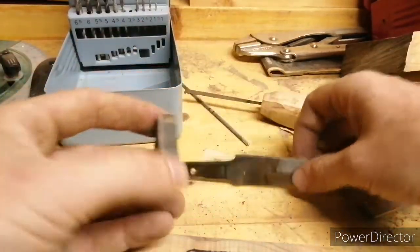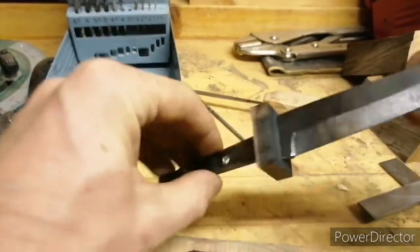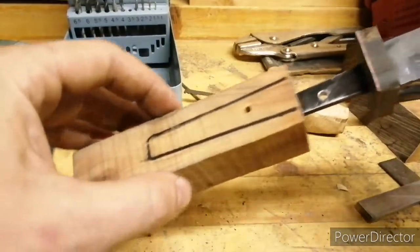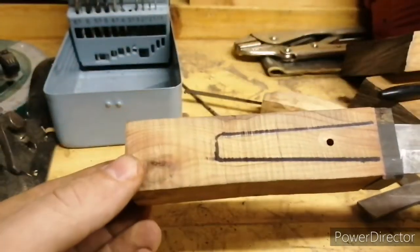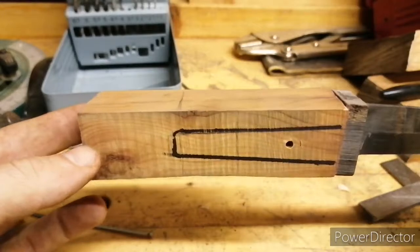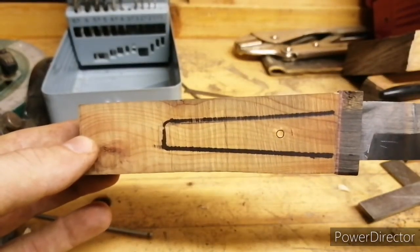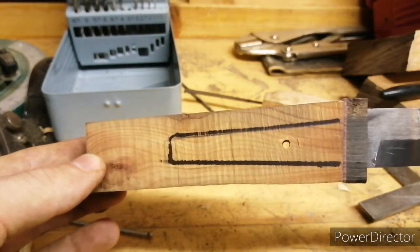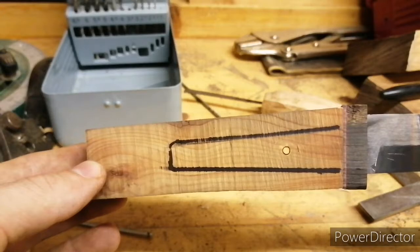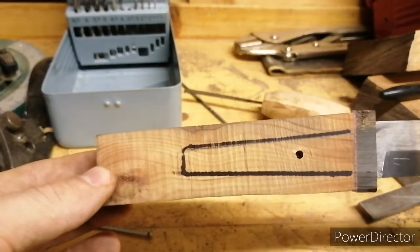So the plan is, the blade is going to go through here, fits nice and snug, into the wooden section of the handle, and let's just see, can we line this up so you can see through? There we go. Check that out. I'm quite happy with that. That hole I've drilled in the tang and through the handle as well is going to take a pin, so I'm going to fill the handle up with epoxy as well, so there's going to be a